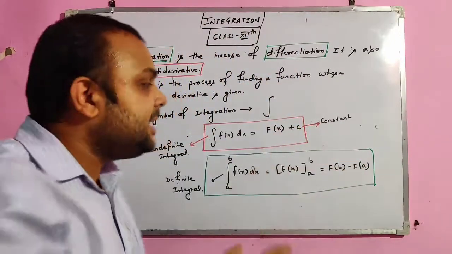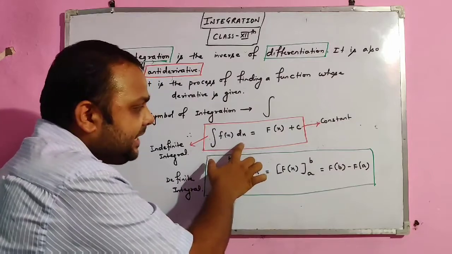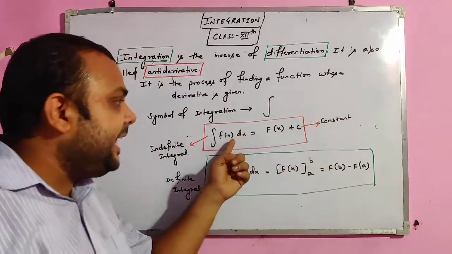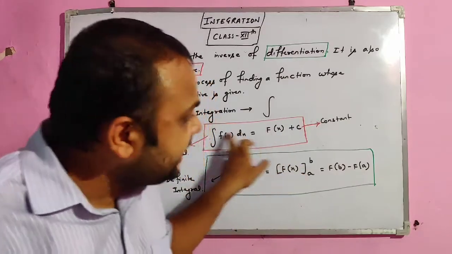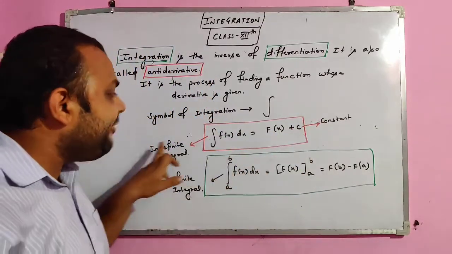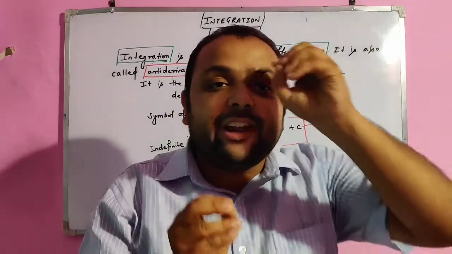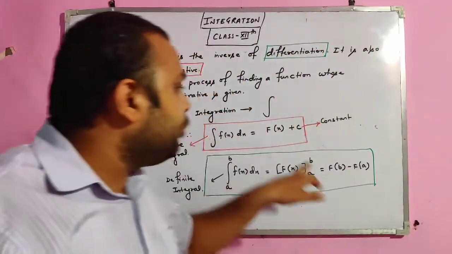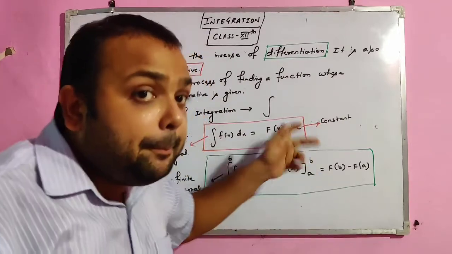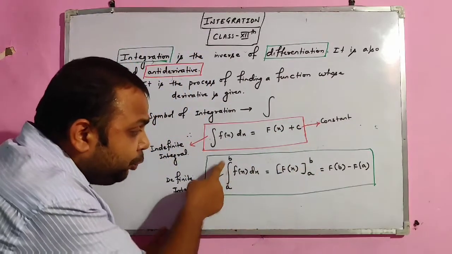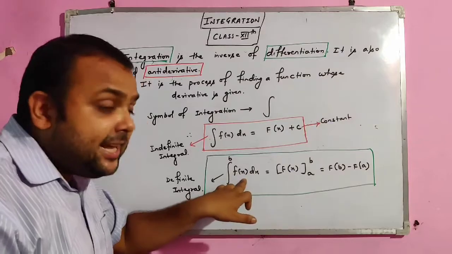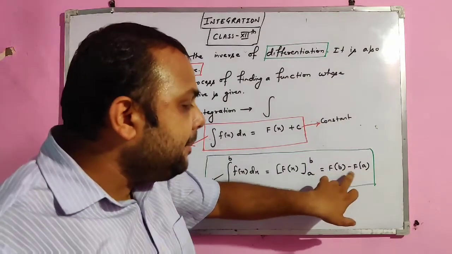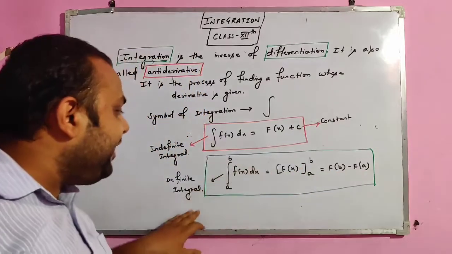Now if it is written like this, integration of f of x dx, the answer will be the function F of x plus c. This is the derivative and this is the function. This type of integral is called indefinite integral because it does not have a range, up to where it starts and from where up to it goes. So we have applied a constant c here. But if you see this, it is from a to b, f of x dx, that is the derivative, we get the function F of x from b to a, which can be written as F of b minus F of a. This is called definite integral.